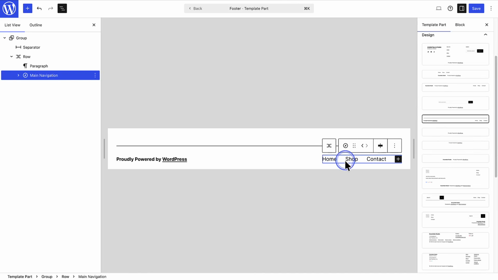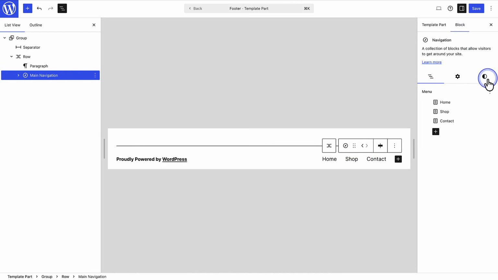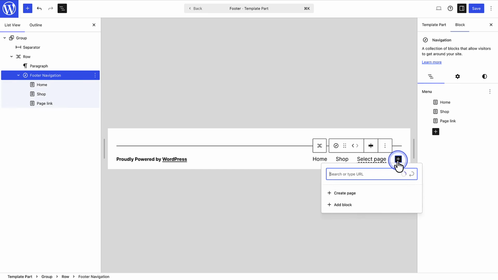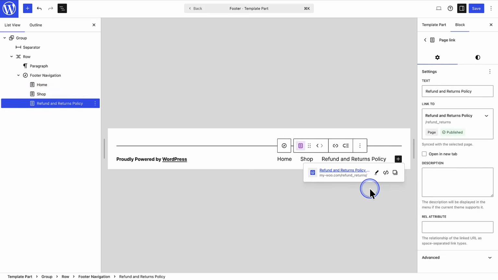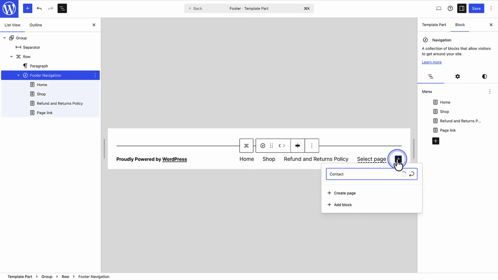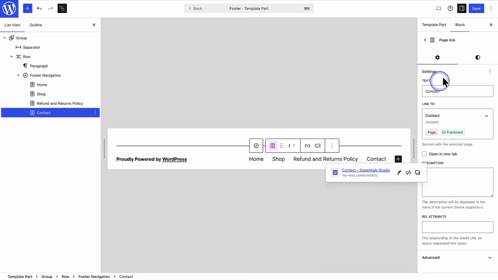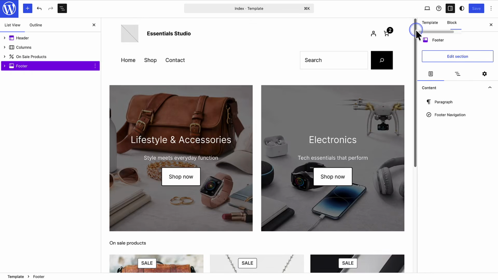Select the navigation block and open the block settings. Next to menu, click the 3 vertical dots, and you will notice from here you can create a new menu or select one of the existing menus you've created. And in this case, I'm going to select the footer navigation that I've already created, and then add 2 more pages to my footer menu, namely the refund page and the contact page. Once I save, I can return to my home page, and then we'll see that my new header and footer